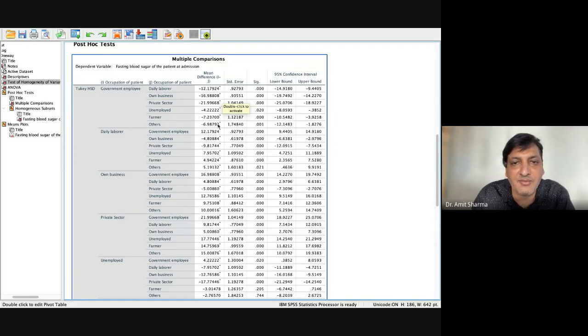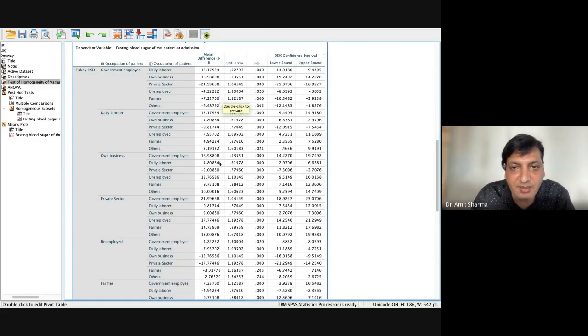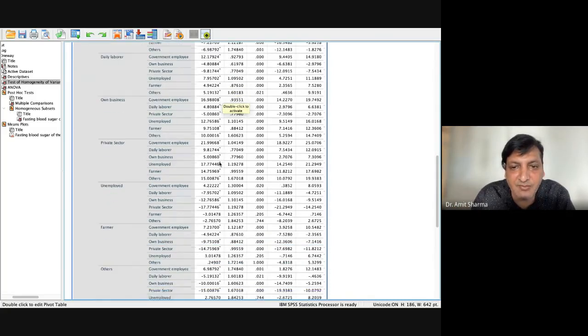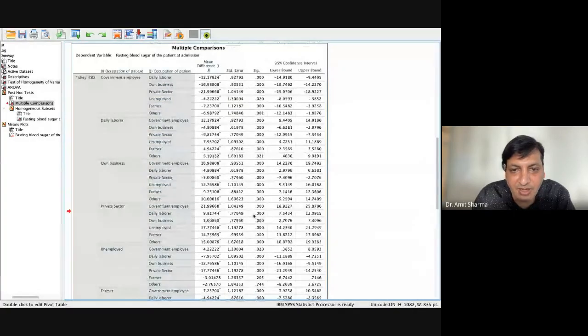And the mean difference value we can quote, and wherever I have a star in the mean difference, that particular variable was found significant.